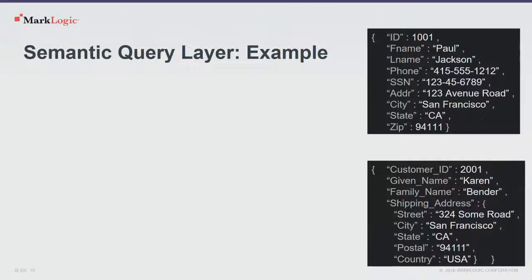So here's our two documents again. And again, the two documents both have a zip code. It's at a different place in the structure, and it's called by a different name. So we're going to introduce a semantic query layer. The semantic query layer is